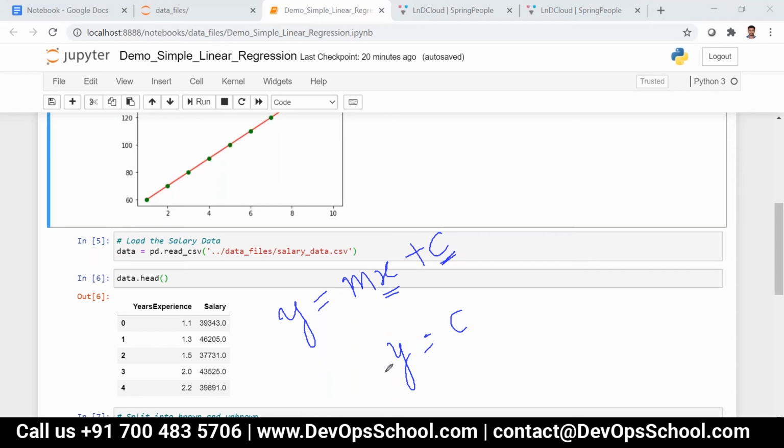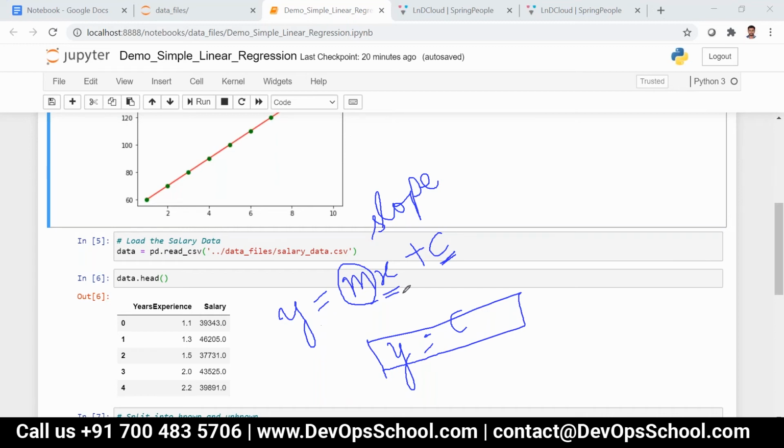So c is the point where it touches the y axis. And what is this m? M is nothing but the slope, the rate of change of y with respect to x.